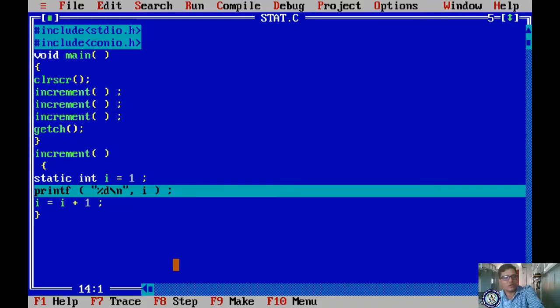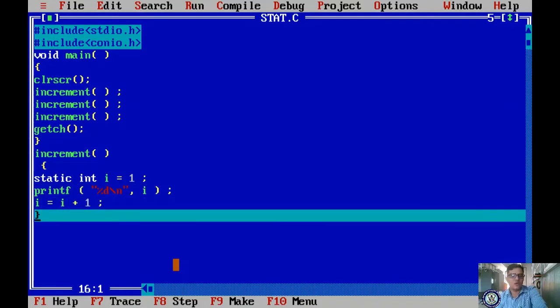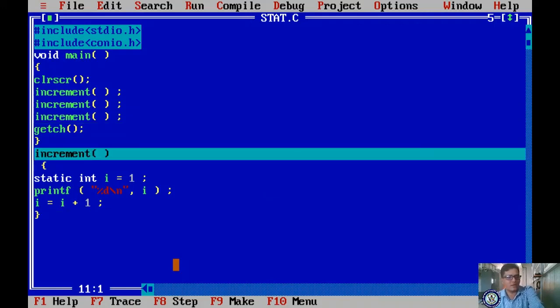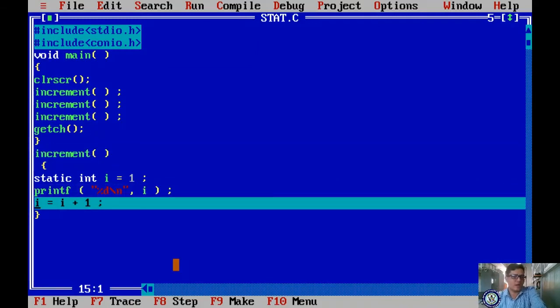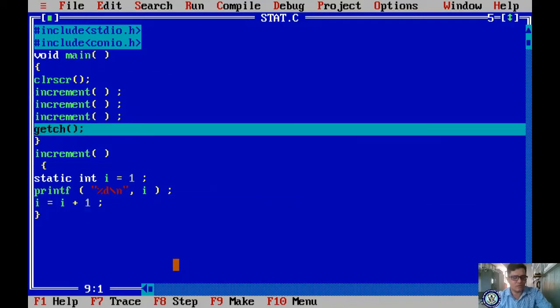While calling, the incremented value will be displayed. Once again the processing continues, the increment ends, and once again you call the increment, the function body will be executed, the persistent value will be displayed, and the value will be incremented. If you call once again, the incremented value will be displayed. Now if I press F7, it is showing 1 2 3.